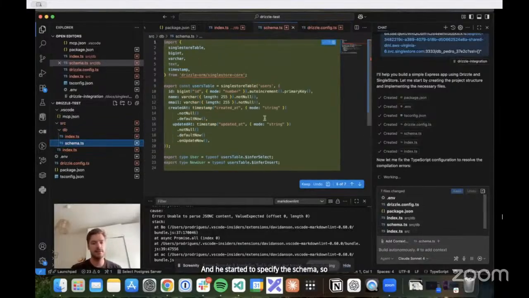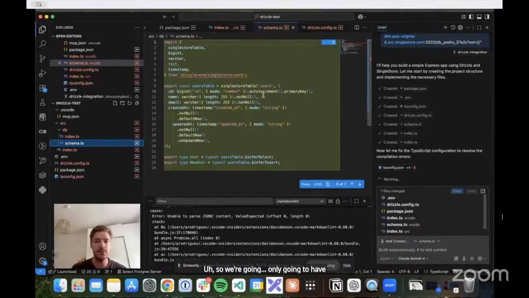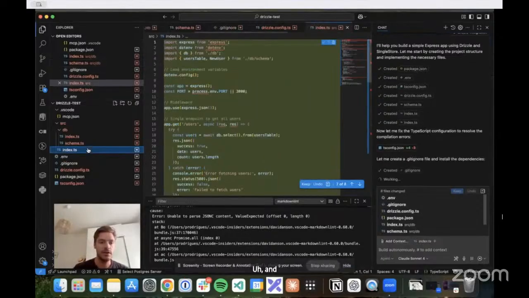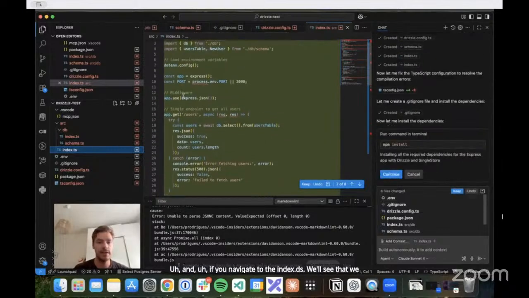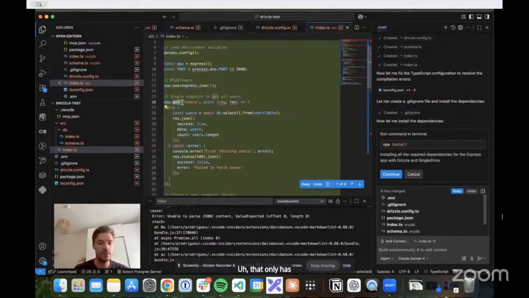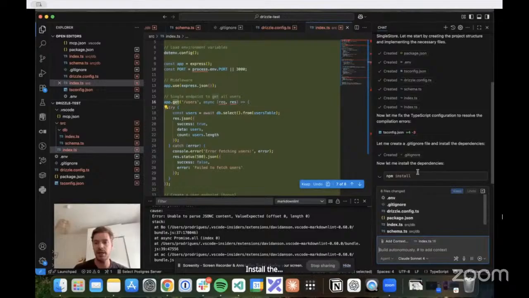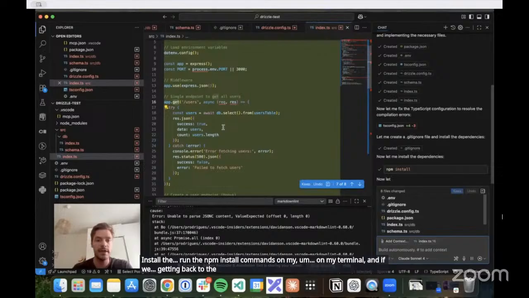So let's examine that. We're only going to have one table, the users table, and if we navigate to the index.ts, we'll see that we have an Express app that only has one endpoint, as we stated. He wants to install the dependencies. I'm going to let him run the npm install commands on my terminal. And if we get back to the Express app, we can see that